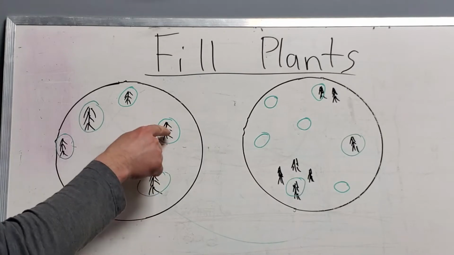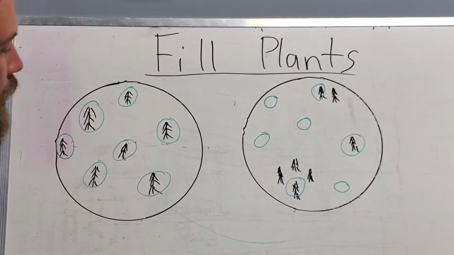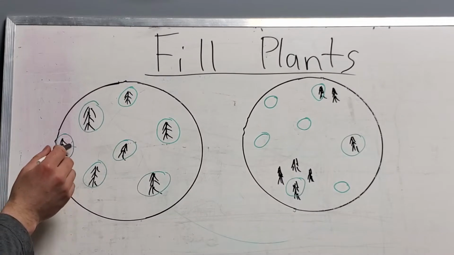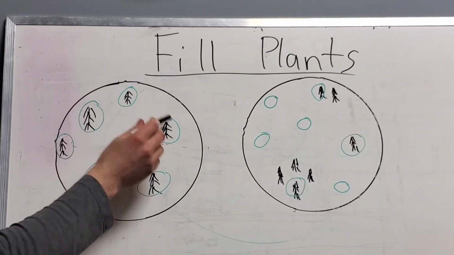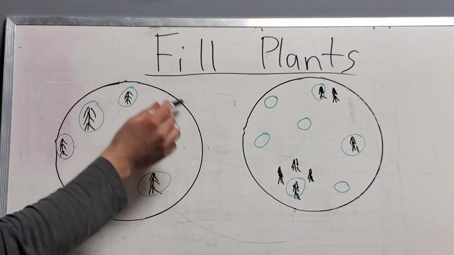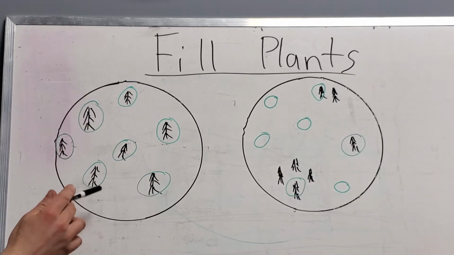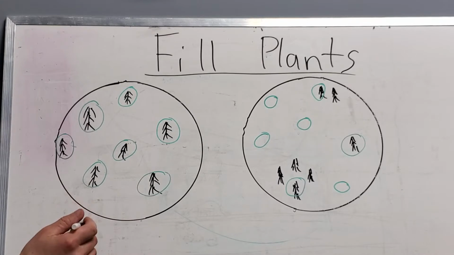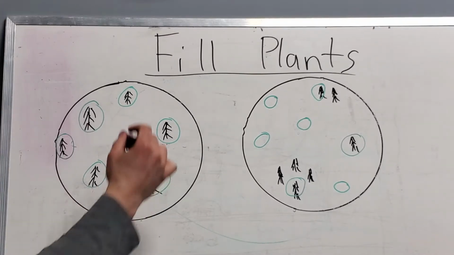Over here, this is an area that has 7 trees in the plot. Each plantable spot has a tree growing in it. This meets the stocking standards for 7 trees per plot. No more trees have to be added to this. If you were to add another tree,